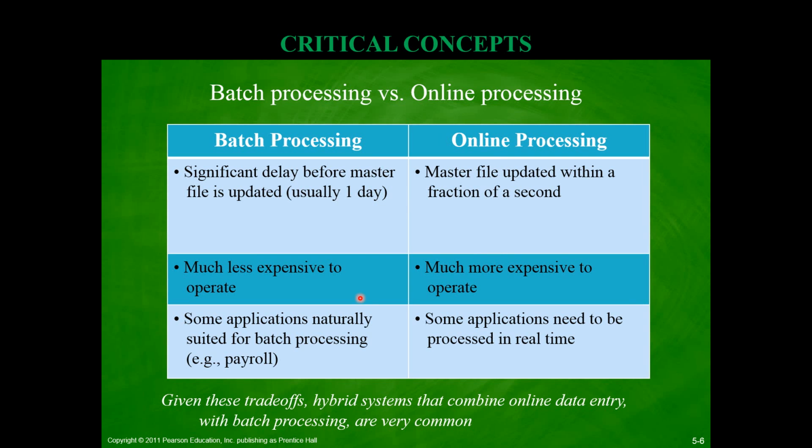Now, another thing worth noting is that some applications are naturally suited for batch processing. In other words, there's no need for online real-time processing. One example of that would be payroll, right? Because payroll is typically processed once a month or bi-weekly, depending on the country, the kind of labor law, or just simple managerial practices. So basically, your working hours are accumulated for 2 weeks or for 4 weeks, meaning the duration of 1 month, and then at the end, your monthly payment is calculated. So payrolls are processed once a month typically, so there is no need for any kind of online processing.